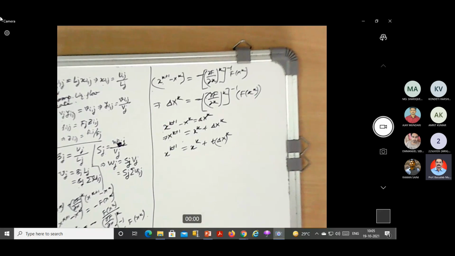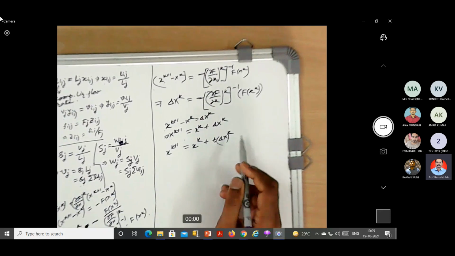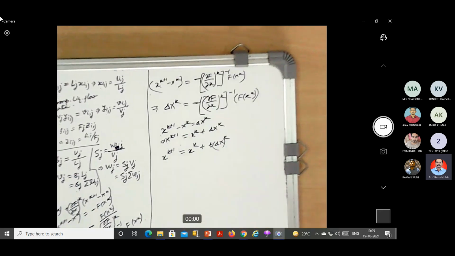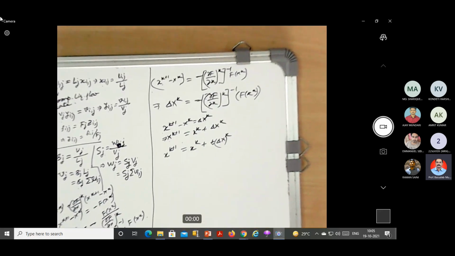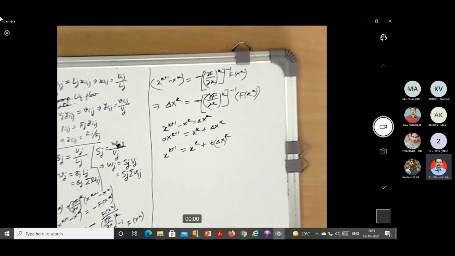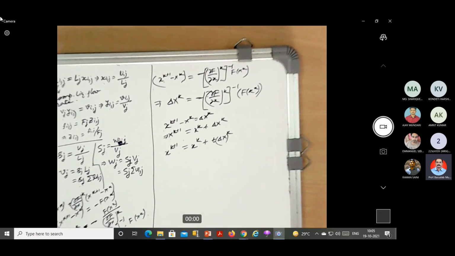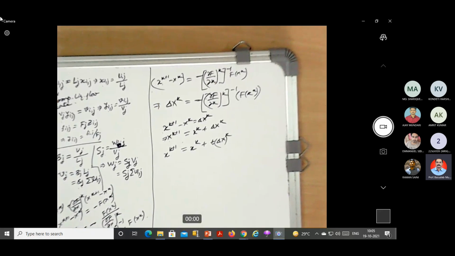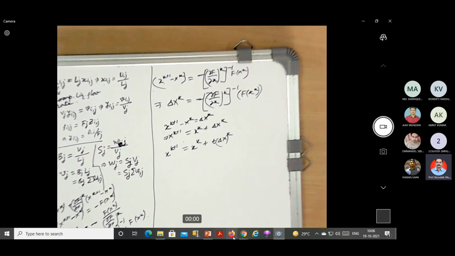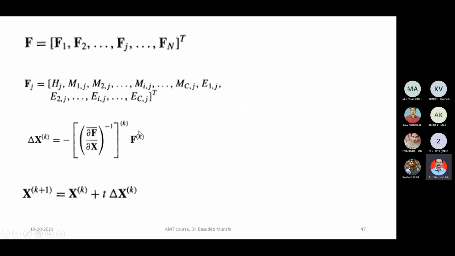If there is a slow convergence rate, then we can consider t greater than 1. If there is a stability problem, we can consider a fractional value of t, t less than 1. If you still see that there is a slow convergence, you can reduce the value of t further. Let's say previously you had 0.5, now you can consider 0.3, like that. So this is the equation we use to do the convergence. Now the same thing is written here.